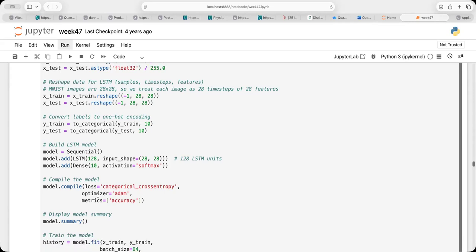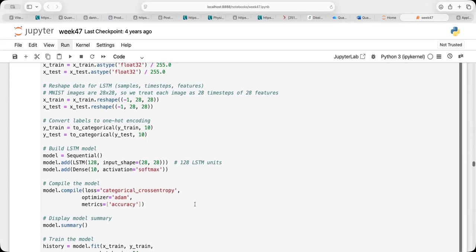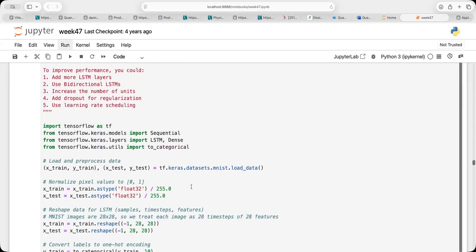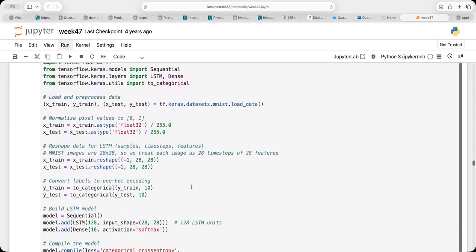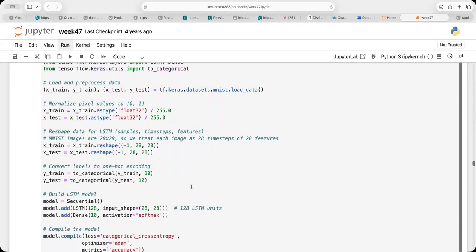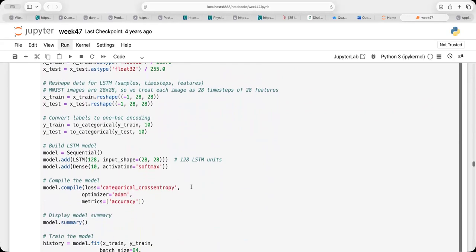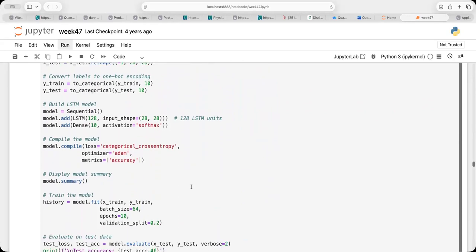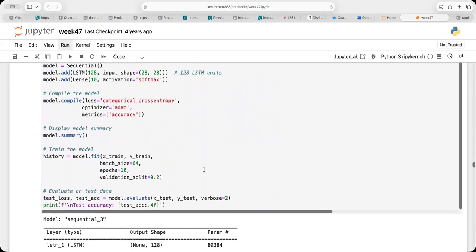And you see again, we define the loss function, we have an optimizer, and the metric which we want to deal with is the accuracy. Using TensorFlow or PyTorch makes it pretty easy to run these calculations. So feel free to use these examples in project number 3.